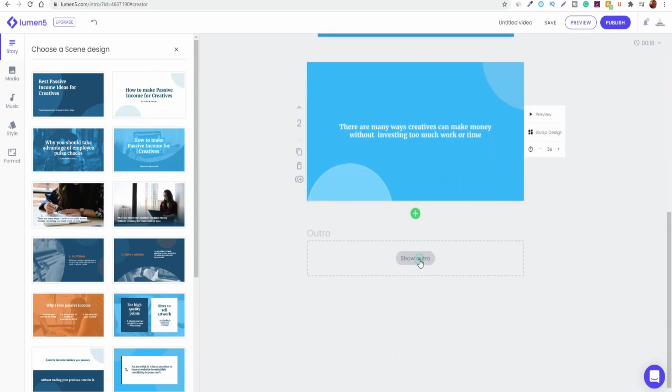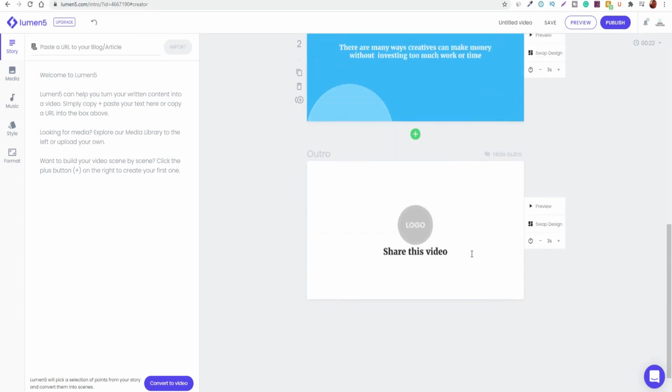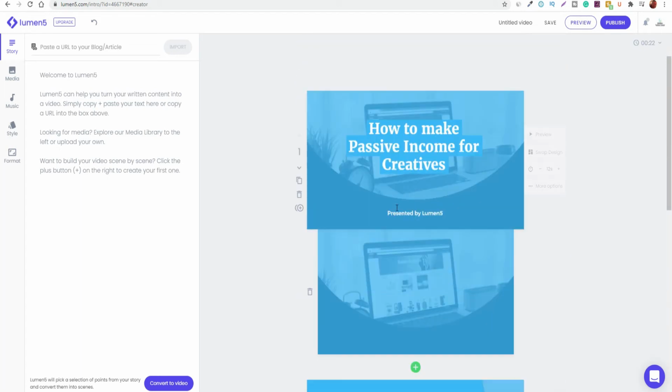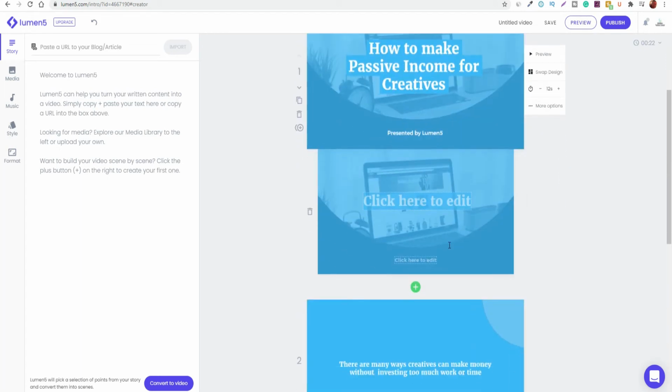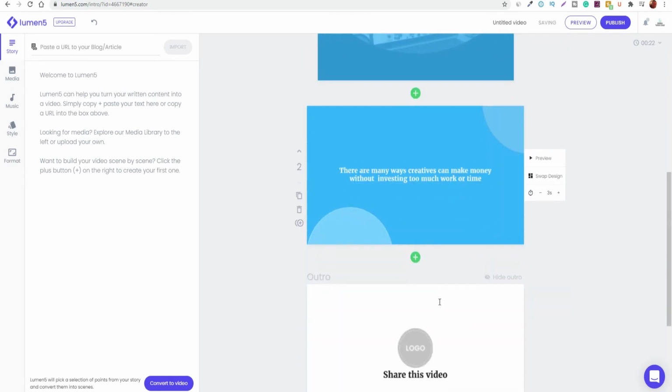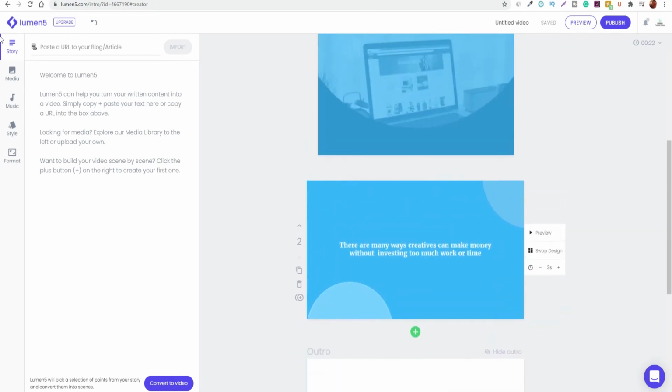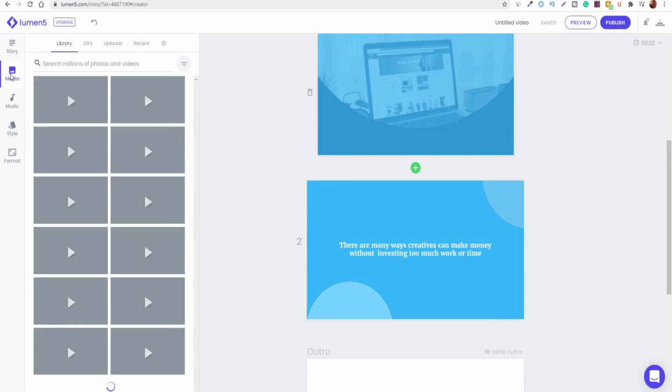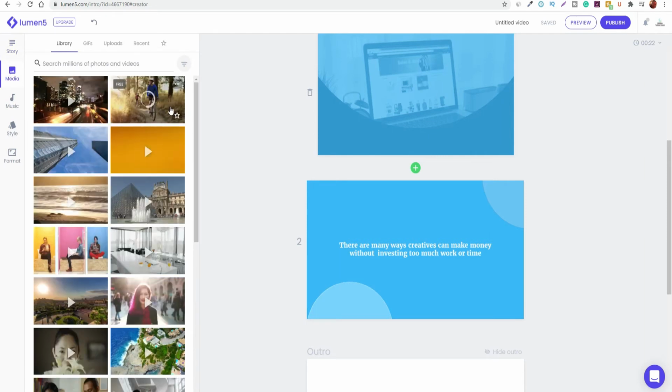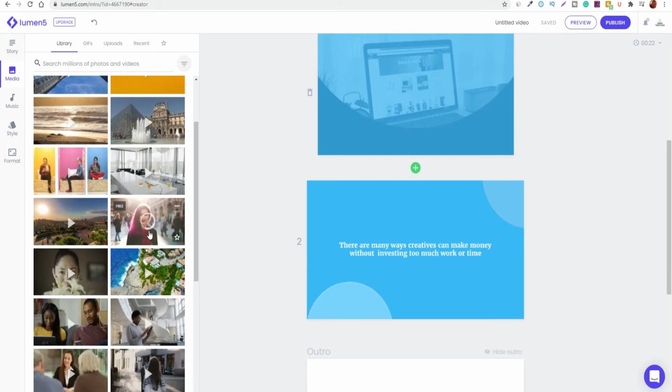You can even add an outro sequence to your video, so it'll auto generate an outro sequence. You can upload your own elements, like your own logos as well, to show that the video has ended and so forth. And it's very beginner friendly. There's not really much to say here to suggest that it's going to be difficult at all when you're putting together certain elements. You also do have access to other features on the toolbar on the left where you can import other videos. You have loads of free content that you can utilize, like videos, images and so